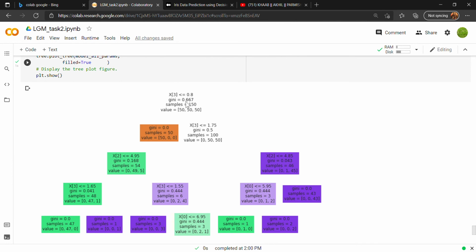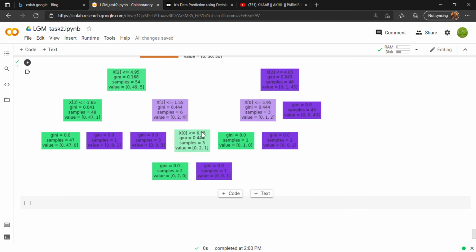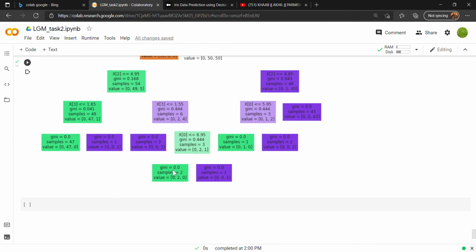Here we are checking that if the value is less than 0.8, then the sample will be Setosa, that is, the 0th part shows Setosa, and the rest were versicolor and virginica. Then further it is divided into two, that is x2 is less than 4.95 and x2 is less than 4.85. Then further like this we divide the data until we get the leaf node.